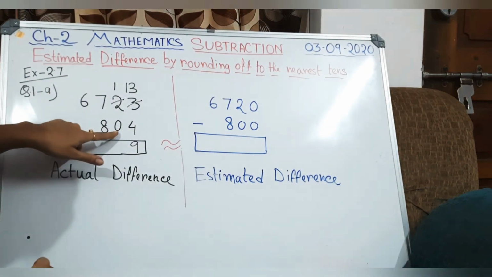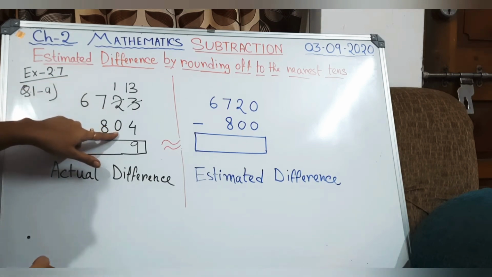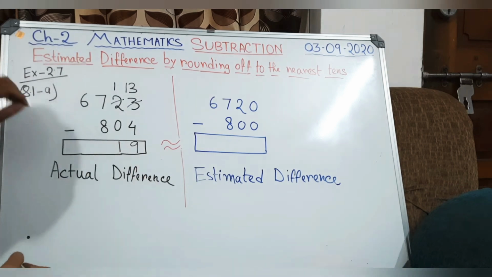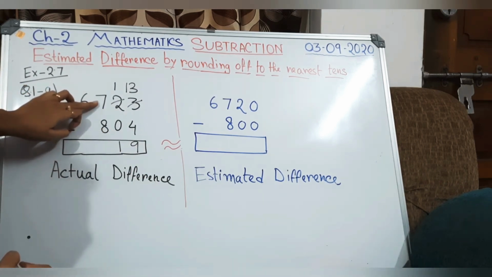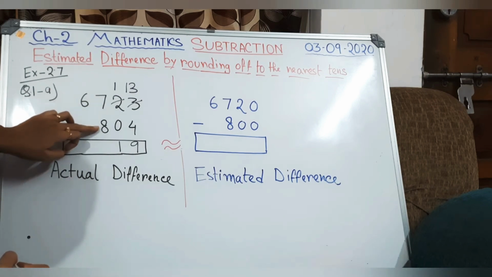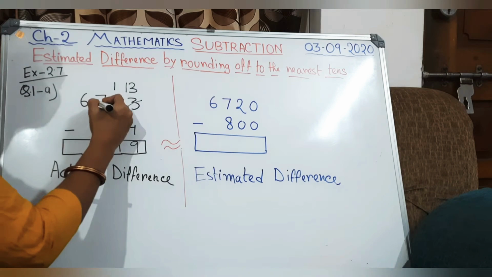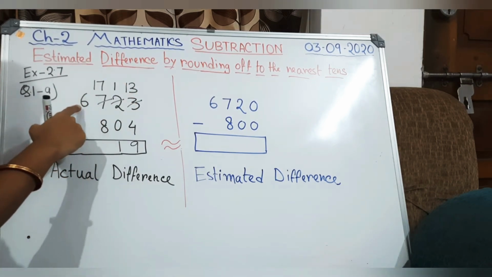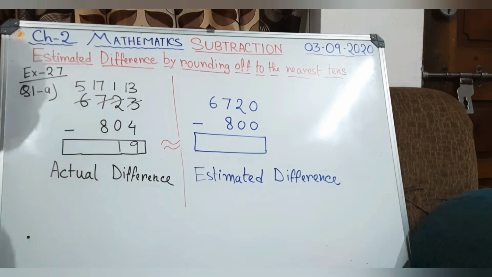Now come to your tens place. From 1 now you need to subtract this 0. Here what will come? 1. And now you come to your hundreds place. Upper side it is a smaller number than 8. 7 it is there. So this 7 I need to make it as 17. From where am I borrowing this one? From this previous number 6. So cut the 6 and write down 5 over here.